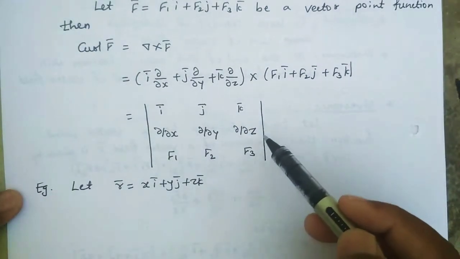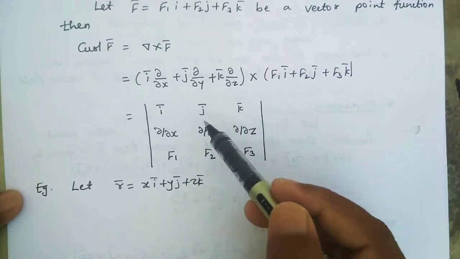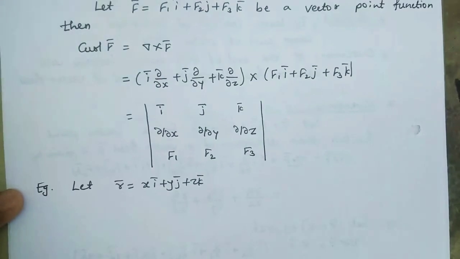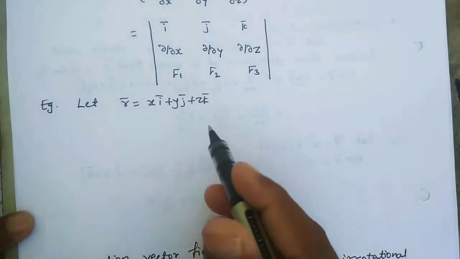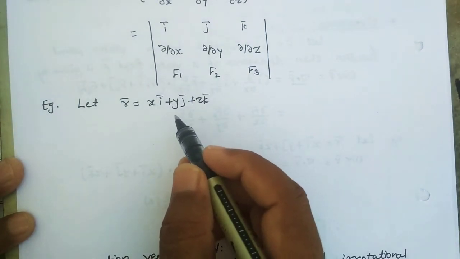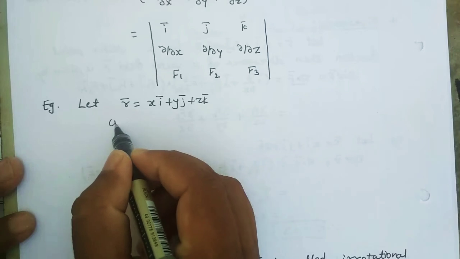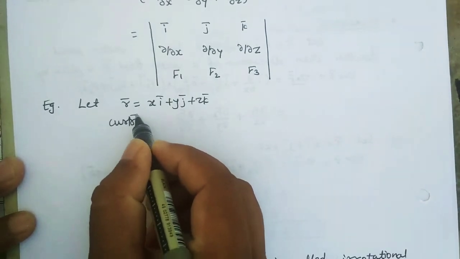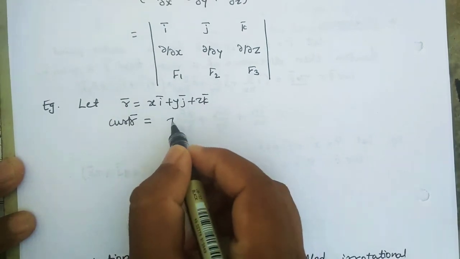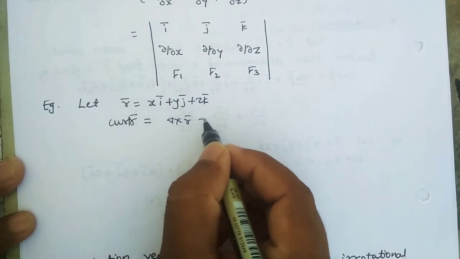After calculating the determinant of this, we will get the value of curl of f bar, that is del cross f bar. Now let r bar be the position vector, x i bar plus y j bar plus z k bar. So we try to find the curl of r bar. Curl of r bar is equal to del cross r bar. This is equal to